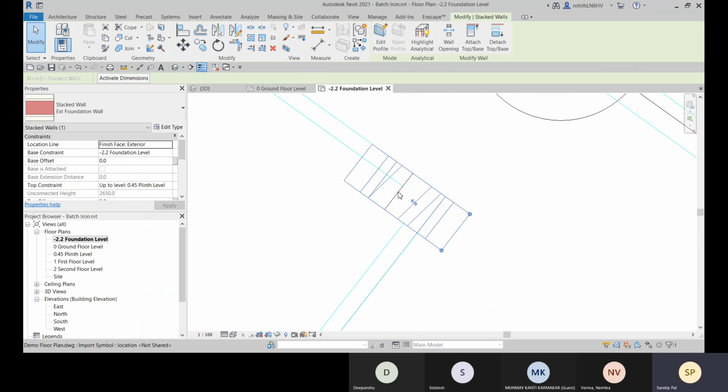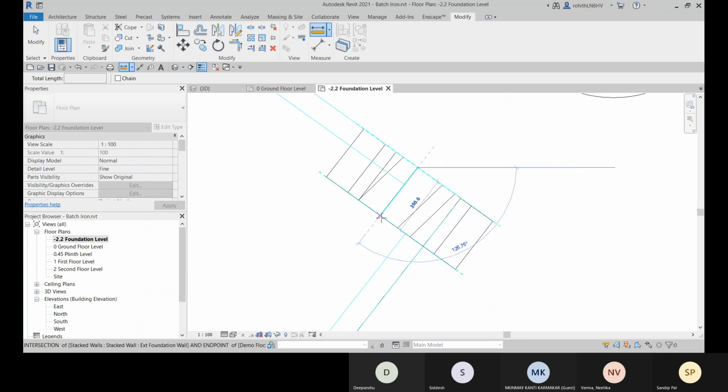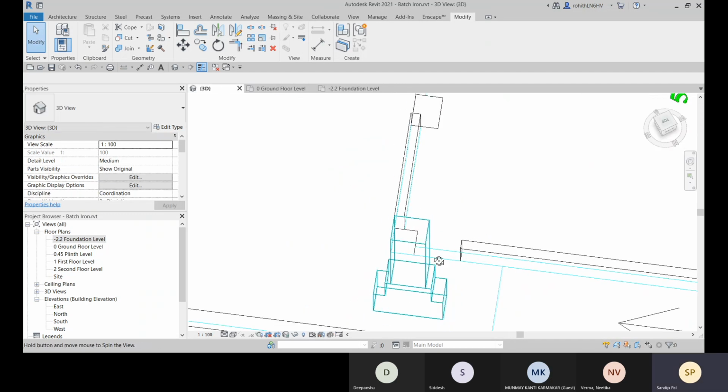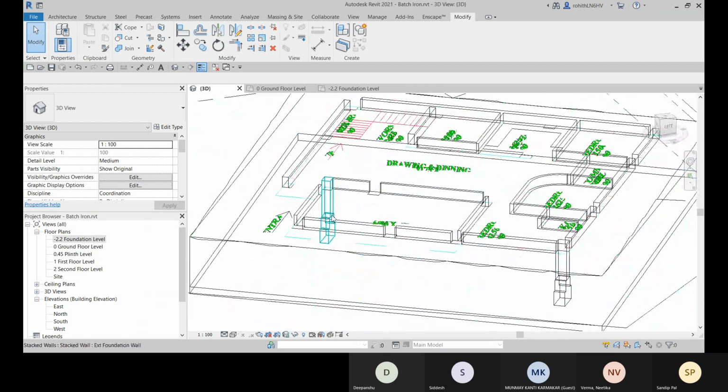Okay, so go with wireframe. Yeah, 450 by 350 is there. Okay, so for that we need to place some column.